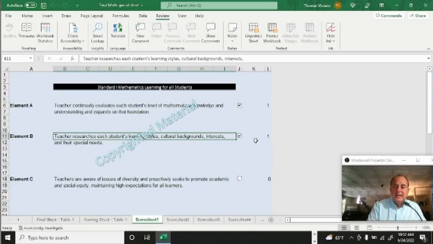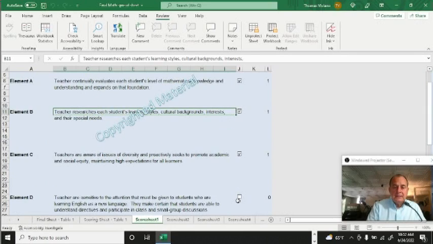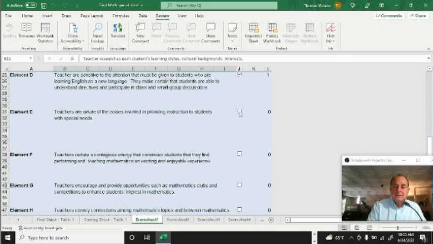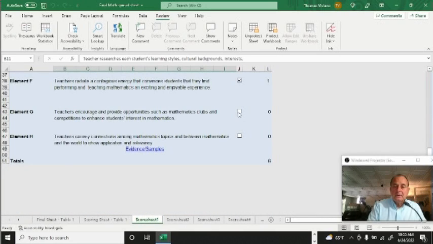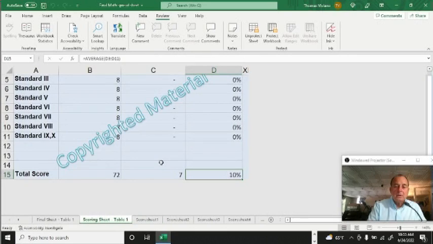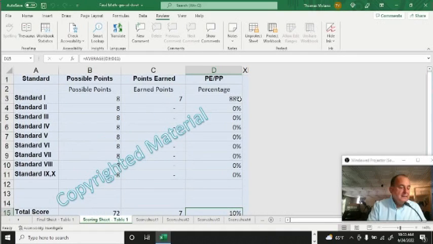So you don't have to write any numbers in, any letters, or write true or false. Just simply click that box, for the teacher as well as yourself, and so forth. And you can see at the bottom it tabulates, and I'll go one more for this teacher. So there's a 7 here at the bottom of this sheet. So if I go back to table 1, the workhorse, you see that there's a 7 out of 8, an 88% for that individual